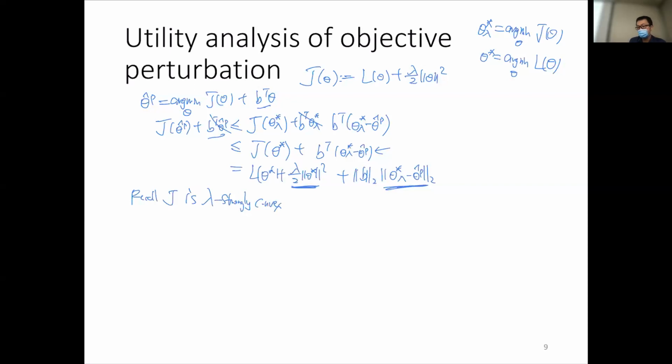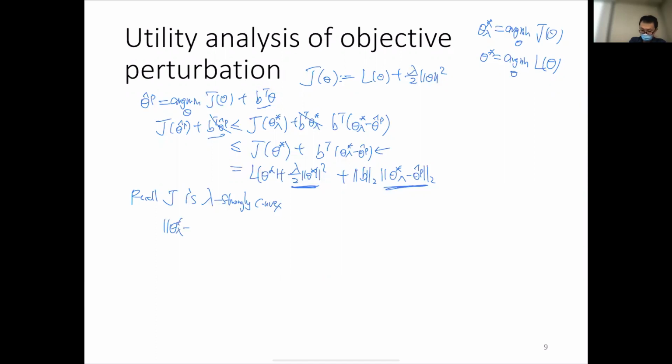But the same logic would apply here, since without adding this linear term, this J is lambda strongly convex, and clearly this B transpose theta is Lipschitz by the magnitude of B, and because of it we can apply the same strong convexity and then bound